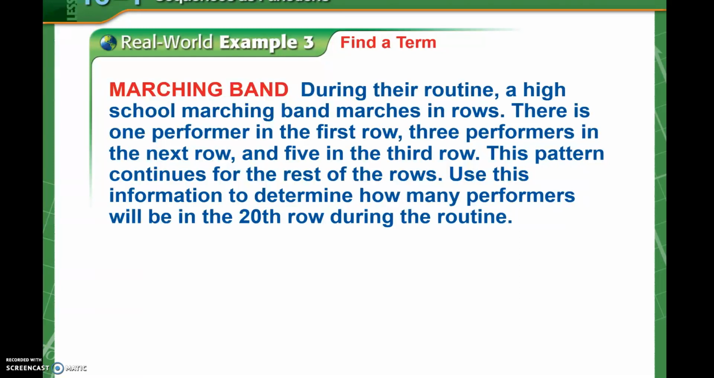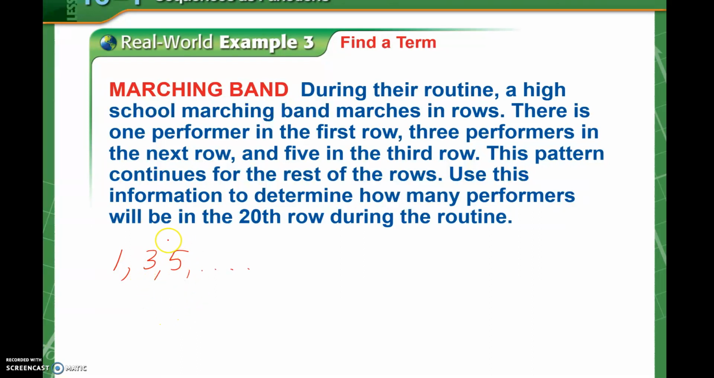Alright, so since we know it's linear, then we can also find any parts in there. During their routine, a high school marching band marches in rows. 1 performer in the first row, so my first term is 1. There are 3 performers in the next, and 5 in the third, and it's going to keep going. So we notice they're going up by 2s. They want to know how many are in the 20th term, so we can find that the common difference is 2,